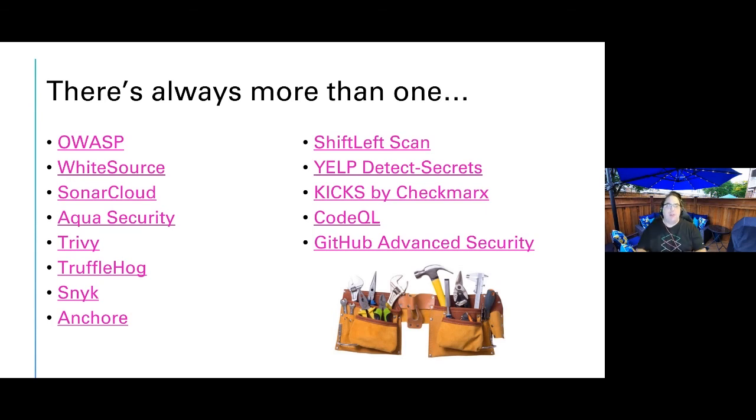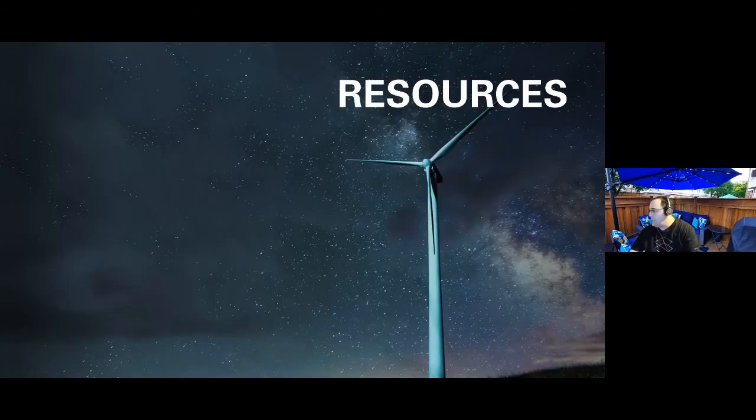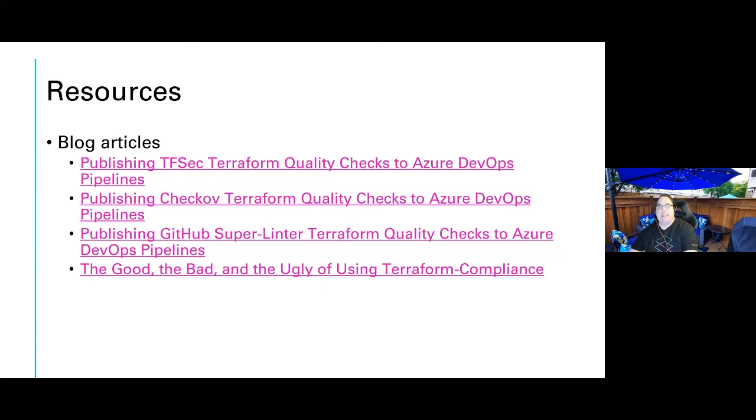Shift left scan. There's lots of different tools out there, and if you happen to take note in my repo in Azure DevOps, I'm actually working on a demo for a lot of these individualized pipelines for these different tools, really to assess and evaluate: does it work? How does it work? How hard is it to make it work? And get the output and the results that we want to produce and share, and then be able to use it even for demos. So let's wrap things up real quick and easy with some resources.